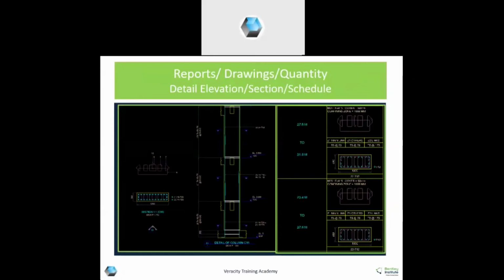After the design of columns, here also you get detail elevation showing laps, staggered laps, as you can see. Detail section at each level. If you are going to reduce the reinforcement, then for each level, the reinforcement details will be different. And for each level, the section will be different. So all section, elevation, starter bars, everything you can get in the output file with only a click.